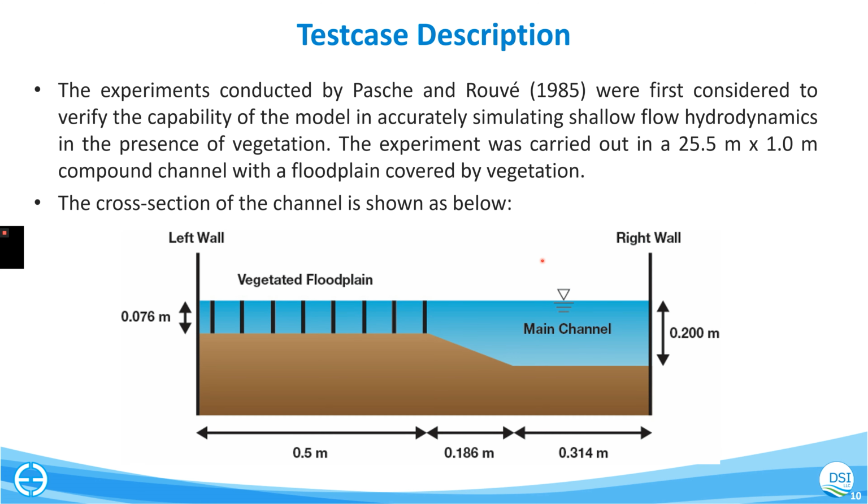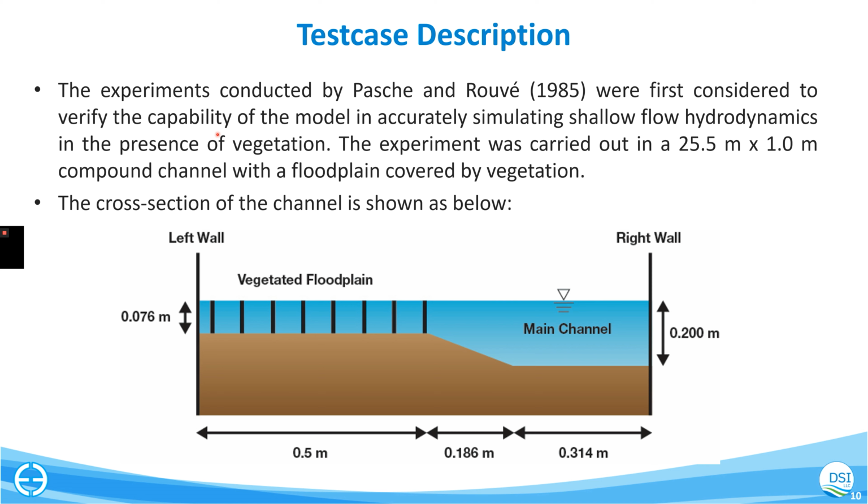So here is the test case. I will investigate the open channel case, a vegetated channel, to validate our model. This case is the laboratory experiment conducted by Pasche and Rouvé in 1985. They were the first to verify the capability of the model to simulate the shallow flow hydrodynamics due to the vegetation. This experiment was carried out in